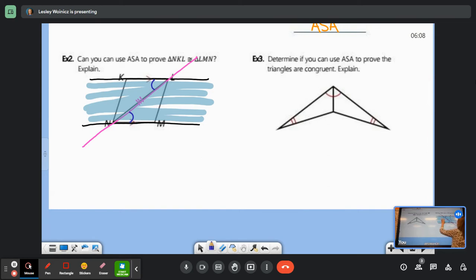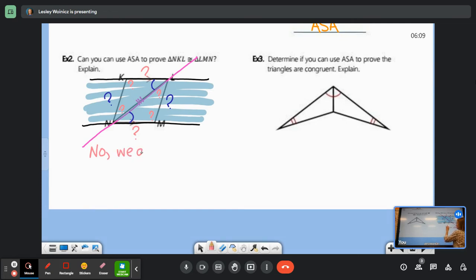I don't know about this side. I don't know about this side. I don't know about this angle. I don't know this angle. I don't know this one, and I don't know this one. There's just way too many. I don't know this side either. I have too many question marks. There's too much unknown for me here to be able to use angle, side, angle. So we're going to say, no,